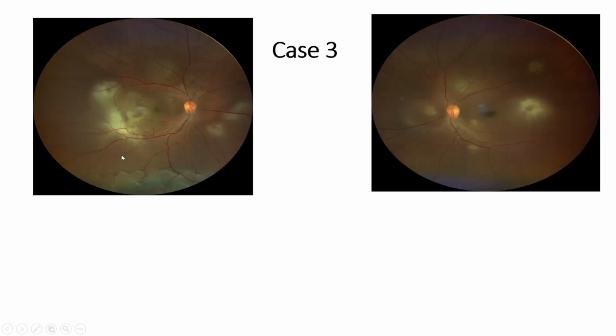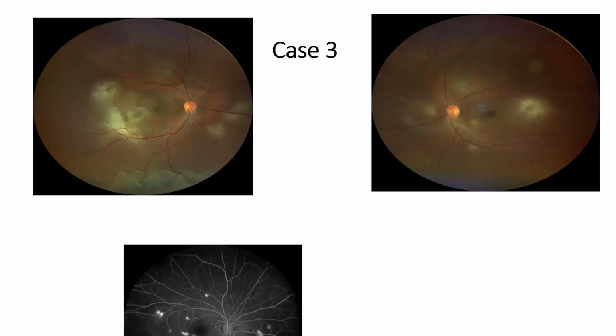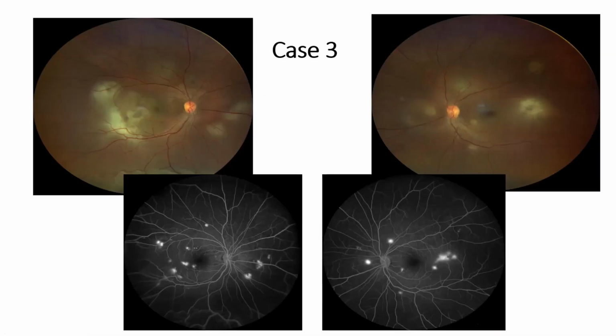So just to rule out any other causes, we did an OCT and an FFA for her. Her FFA showed a multifocal CSR. So this showed that she didn't need oral steroids at all. So we stopped oral steroids and we referred her to the retina clinic, where she underwent laser and she was better.